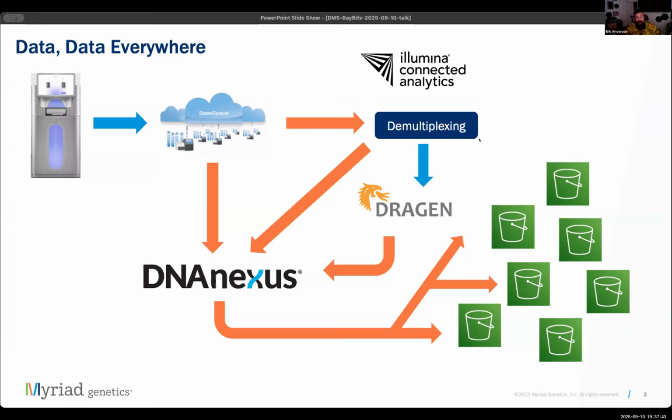Before we can use any file that was transferred from one system to another, we need to validate the transfer by comparing the original file's checksum against a new checksum calculated using the destination file. Every orange arrow here indicates a required validation. These validations need to be recorded in an auditable manner. Once we've transferred a file from one platform to another and validated the transfer, we end up with two copies of the same data. Once analysis is complete for a sample, many files are no longer needed.